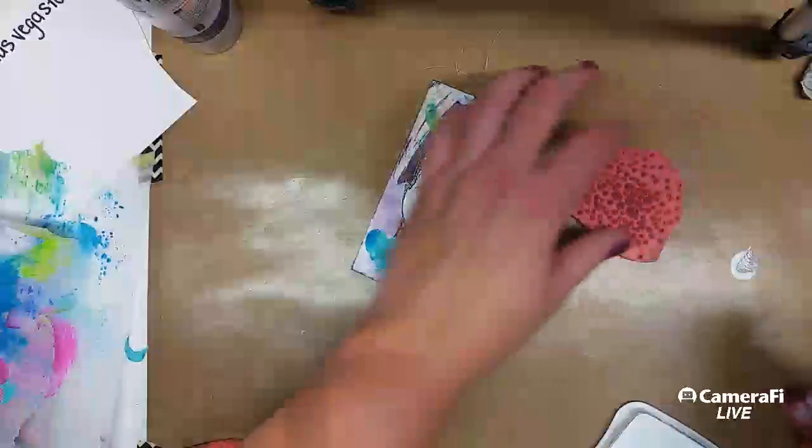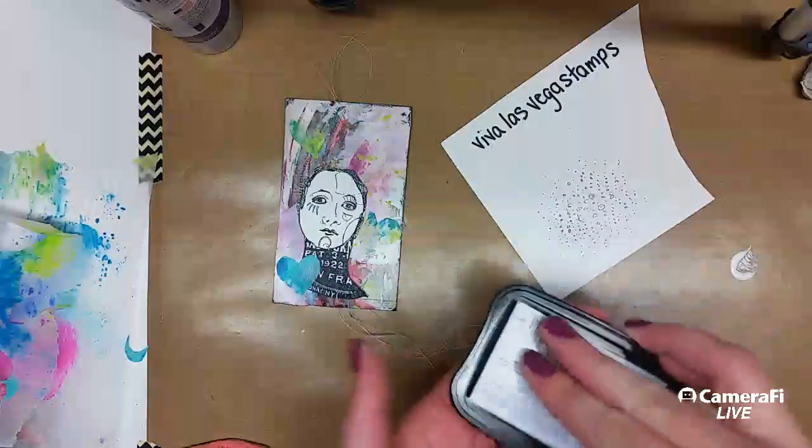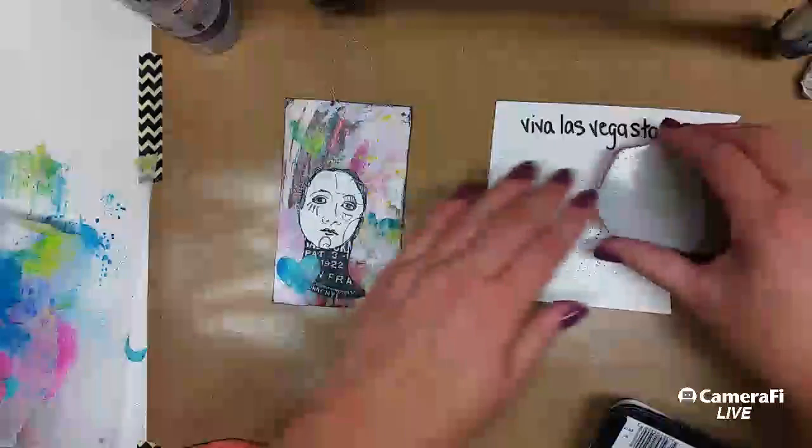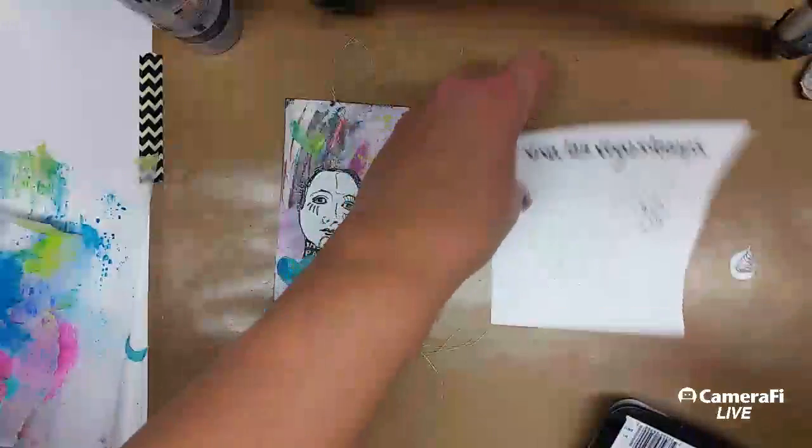Okay, now we can do our stamp. I guess I'll use these, but they're like big circles in the middle. Let me stamp it so you can see what it looks like. It's got, oh, that didn't work. Okay, it's got bigger circles in the middle, so I'm going to...